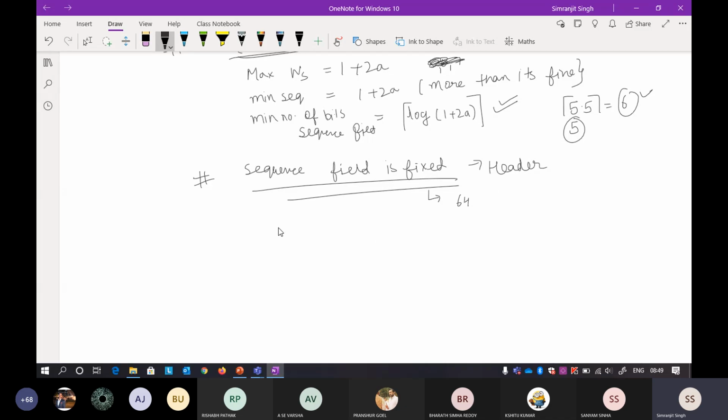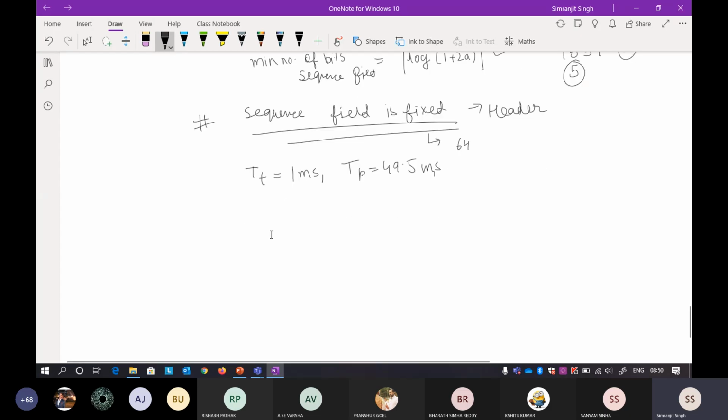Say I take an example like TT equal to 1 millisecond, and TP equal to 49.5 milliseconds. What exactly is the sender window size here? Take this: 1 millisecond to put the packet onto the link, then 49.5 milliseconds of propagation delay and 49.5 milliseconds of propagation delay again.